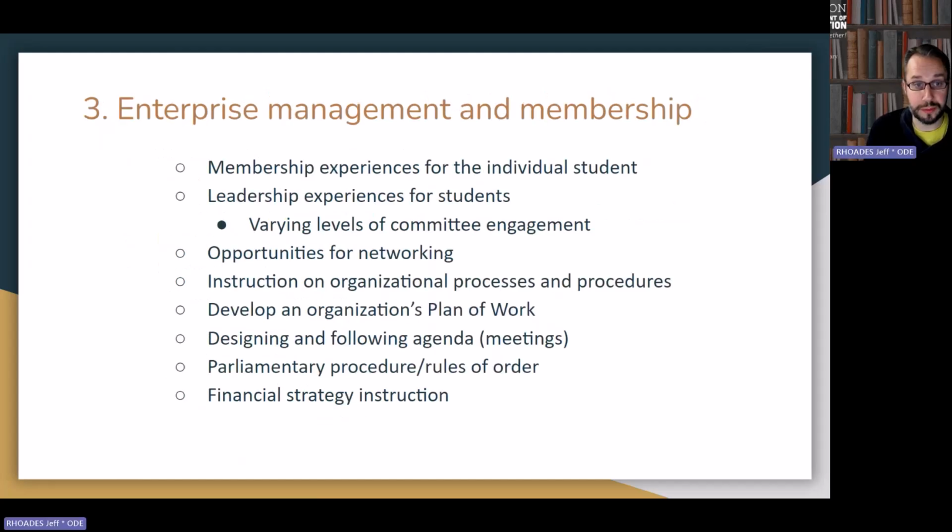One of the major opportunities for students involves being a member of an organization or making decisions about how an organization functions, or leading and guiding that organization, or leading and guiding projects that are part of the organization's plan of work. CTSOs and the locally developed student leadership opportunities fill that need for students. Student leadership often provides an opportunity for students to network. It also may be the only exposure students have to structured organization experiences, like how to design and follow an agenda, how to use rules of order to run meetings, for example, parliamentary procedure, and how to practice basic fiduciary